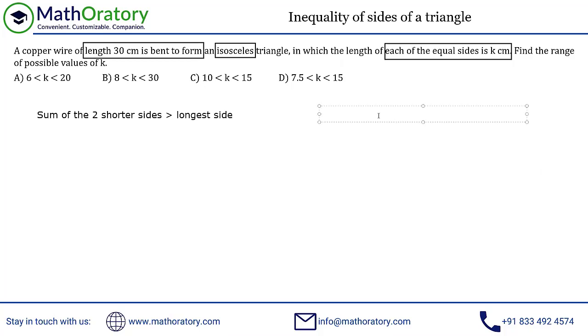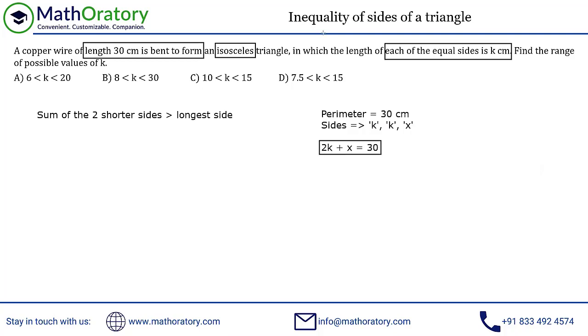So first thing, you have been given that the perimeter is 30 and the sides are k, k, and the third side is unknown. So I'm just denoting that with x. Now, please do not consider the k and x to be distinct. It could be equal, as I mentioned a while back. It is possible that it's an equilateral triangle. So what we know is this: 2k plus x should be equal to 30, right? Because the perimeter is 30. So we are going to use this definitely going forward, this 2k plus x equal to 30.